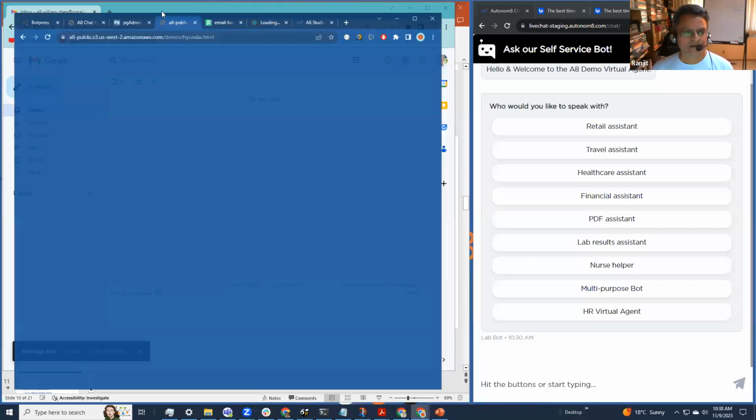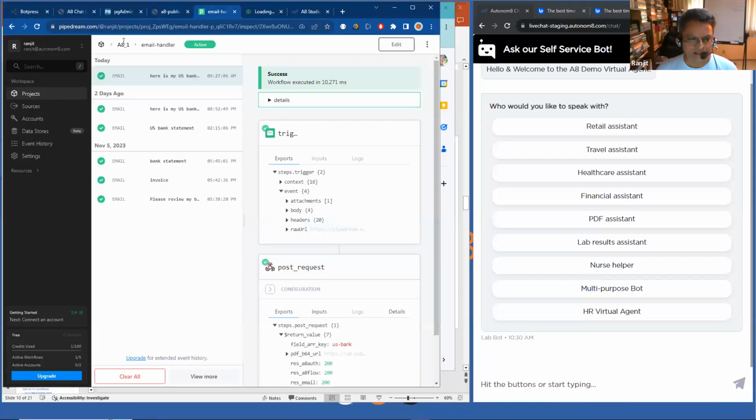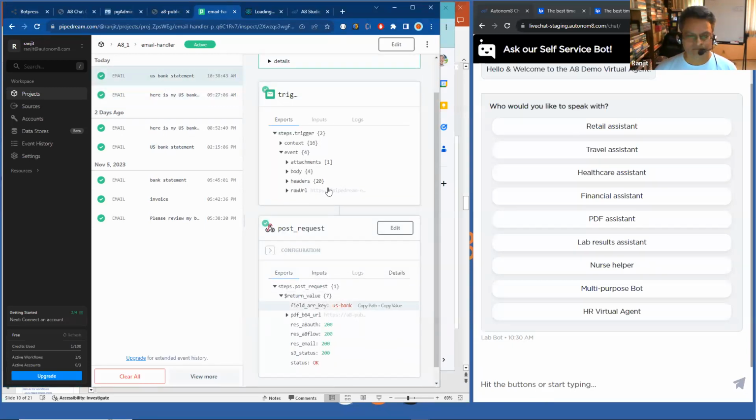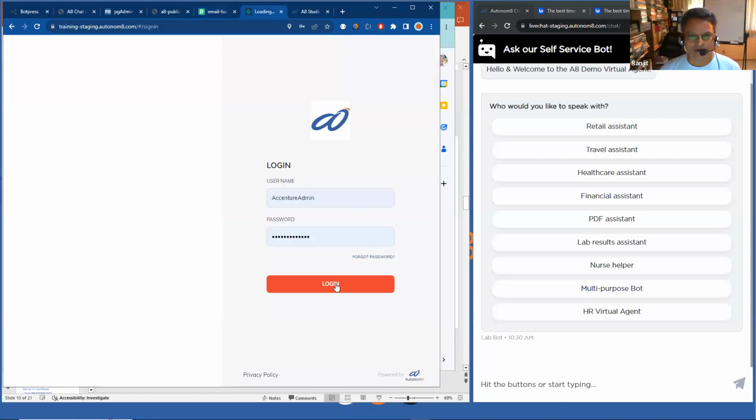Coming back here, let me show you this email gateway that we have. This email gateway should start showing some activity here at the top as this new email comes into it. As you can see, it just woke up. There's a US bank statement, and this text is sent to the backend. If I click on this, you should see that I'm getting greens, which means everything worked out fine. I'm going to log in to the backend